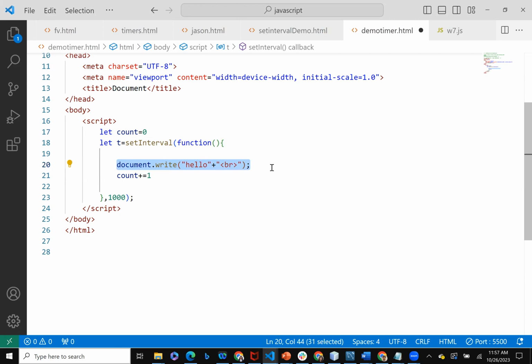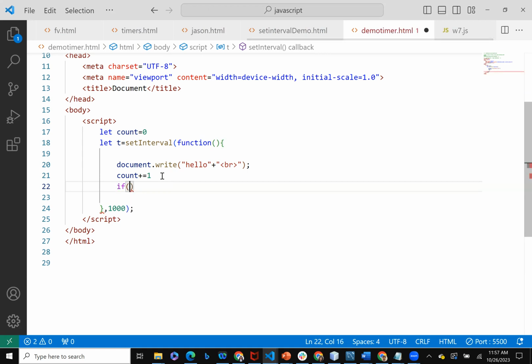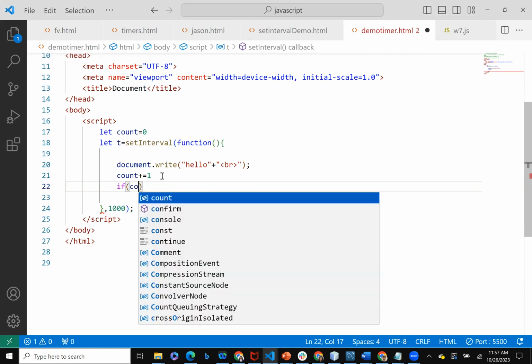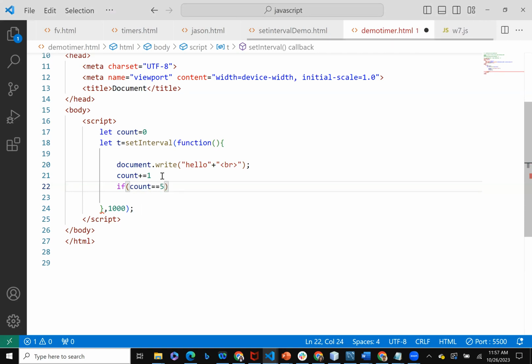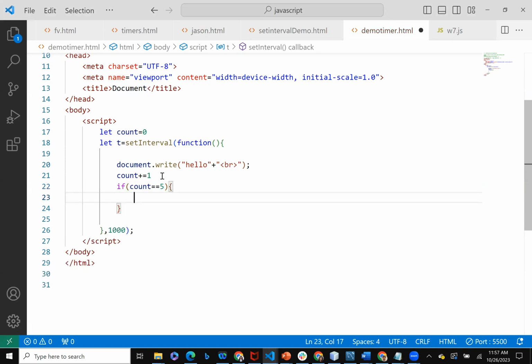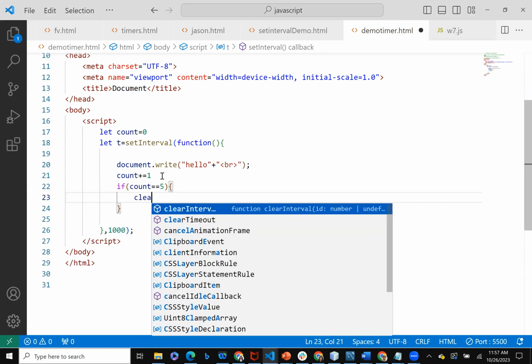It calls this function, then make the count 1. Again, it calls that function after 1 second, make the count 2. Again, call this. After that, make the count 3. So this will go on, okay? But I want to stop it after the count is 5. So after it is done with printing hello 5 times, I want to stop it. So I'll say if this variable count equals 5, what I would do, I will call that function clear interval,